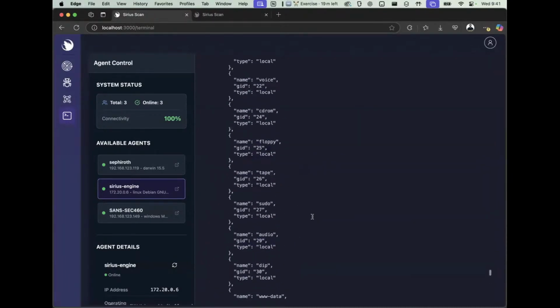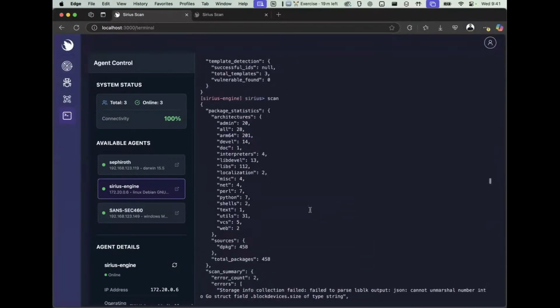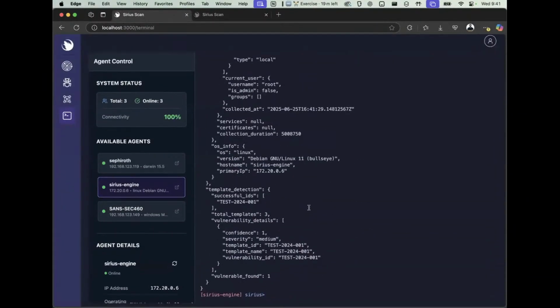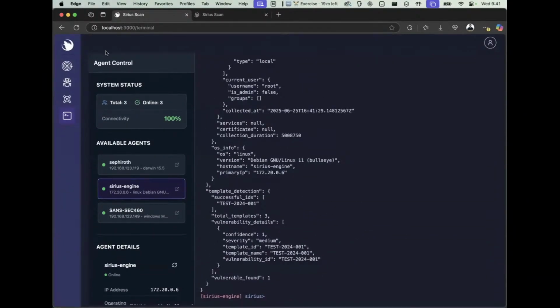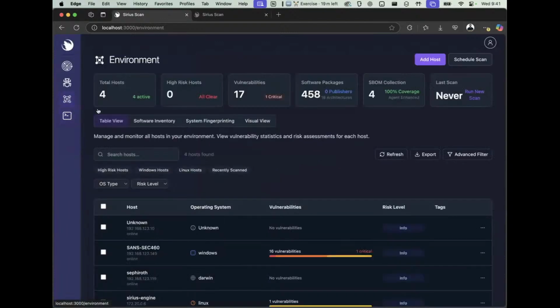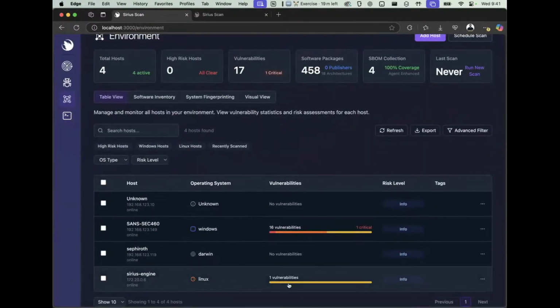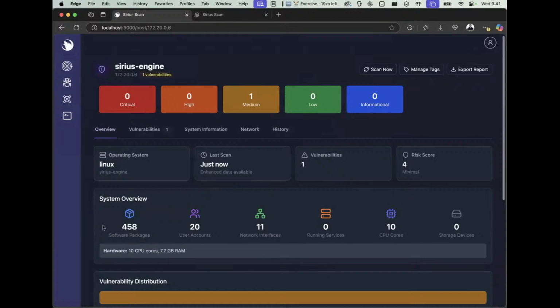Now, what you might have noticed here is that it gives you this big laundry list of information. That's effectively the software inventory that is pulled back from the remote system. And so if I go back to the environment view here, what you'll notice is that this engine now has results on it, and those results include a vulnerability. If I click on it, it'll take me to that host view. And what you'll be able to see is all those software packages. We get to see all of the user accounts, all of this information